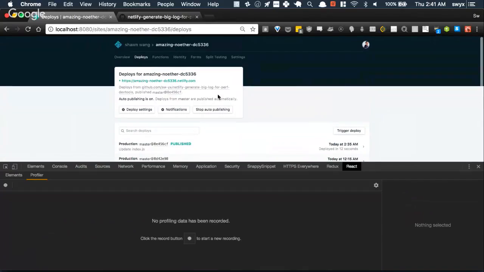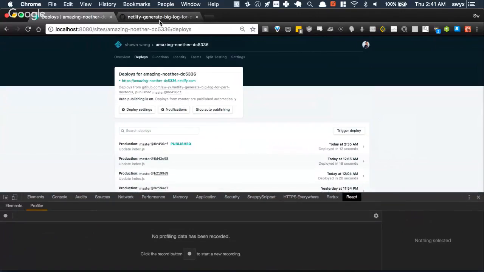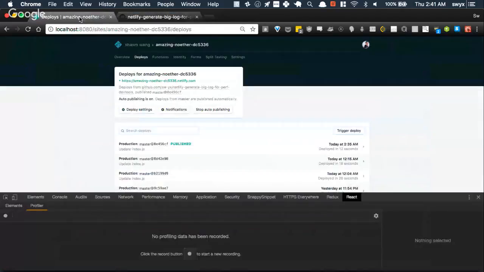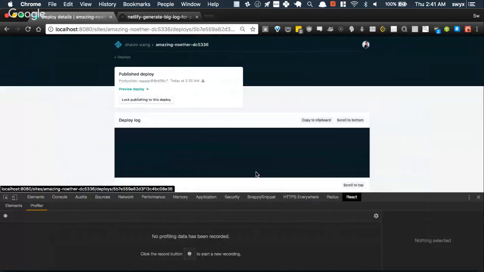This is app.netlify.com, and we have a known perf issue with regards to build log generation. When we have very long logs, so here I have a script. It's just a JavaScript thing, and it just console logs 1 to 200, or I guess 0 to 199. And for long logs, we noticed that the app was hanging or becoming unresponsive the longer the log was. So just to replicate this, I posted